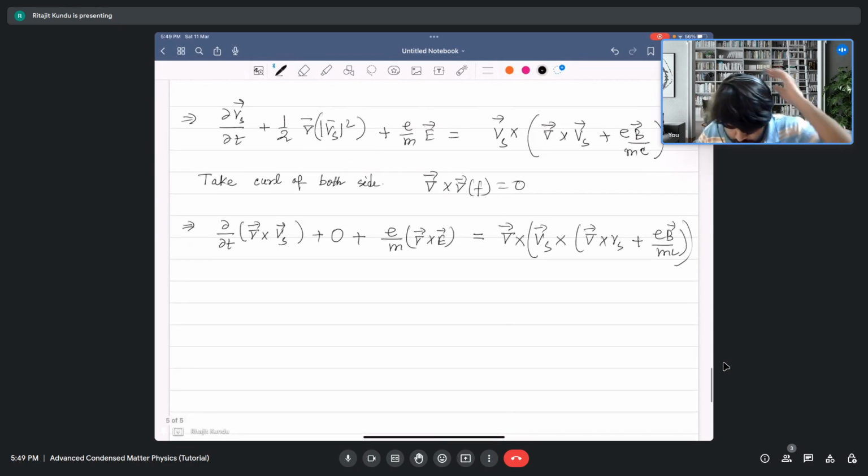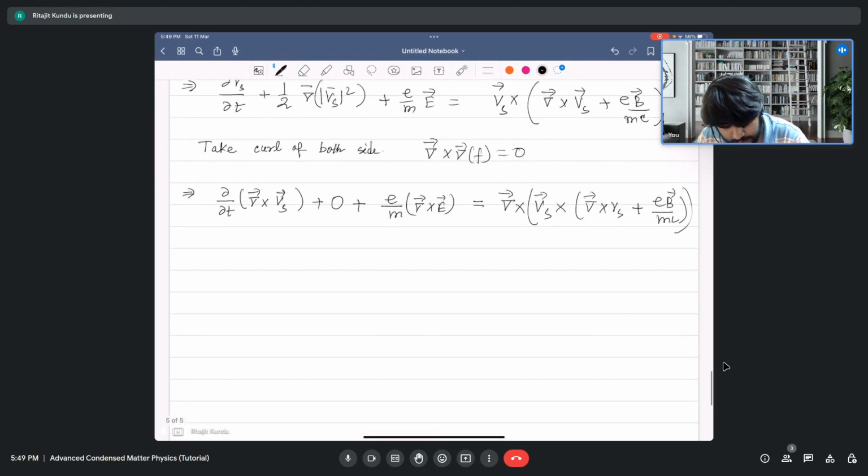Okay, so let me use this Maxwell's equation, which is curl of E, as you know, is given by 1 by C del B del T. I'll just plug that in here, E by MC plus del B del T. So we see that del T appears in front of both of these terms, so I'll take out the del T, and in the square bracket I'll write curl cross Vs plus